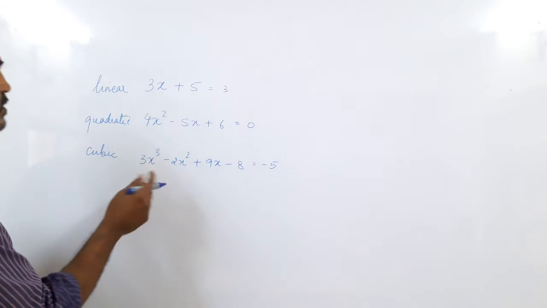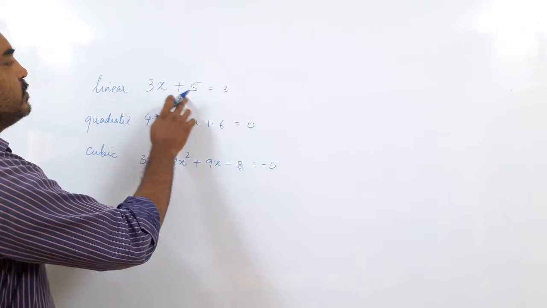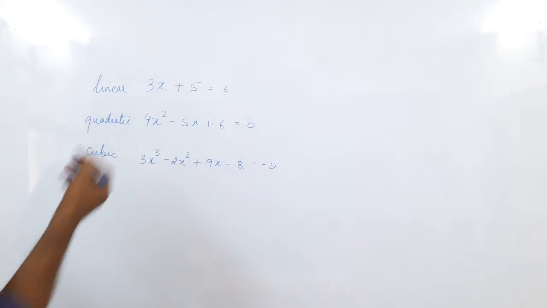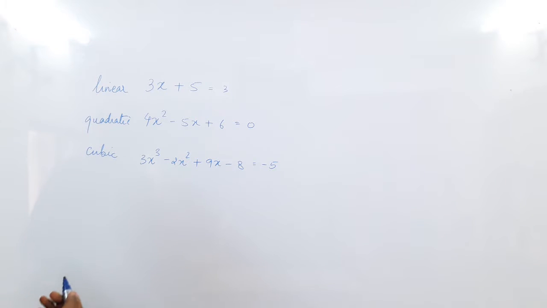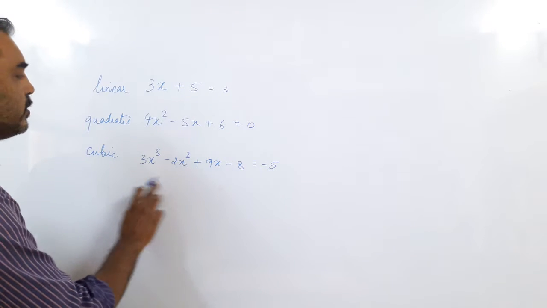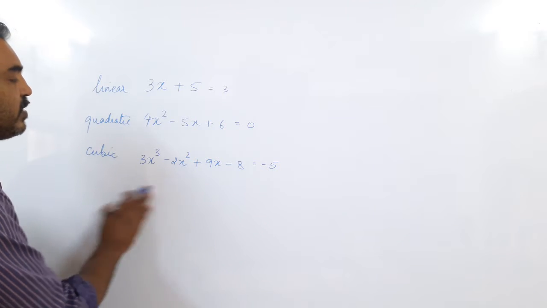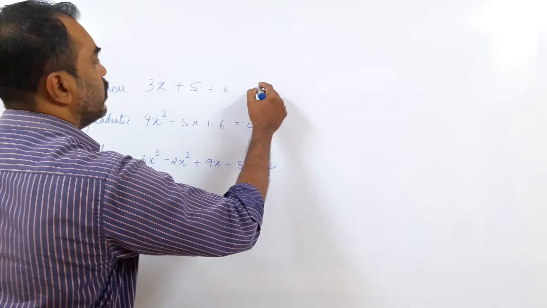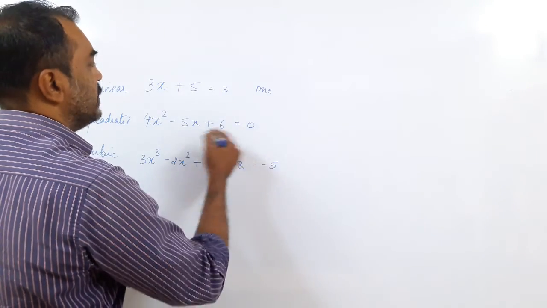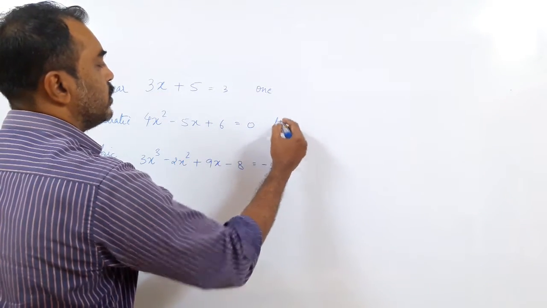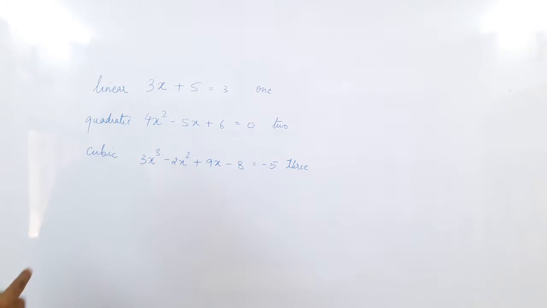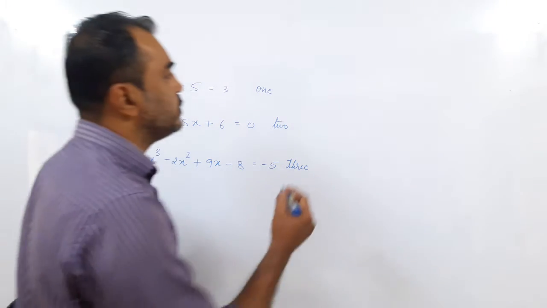And we have learned to solve this. This is in the 9th standard. This can be solved easily. This is done by splitting the middle term or completing the square method or the quadratic formula, that is the discriminant method. And the cubic is done by finding the factor and factorizing this and getting the roots. So this will have one real root or no real roots. This can have at max 2 real roots, and this can have at max 3 real roots. Right? Now these conditions are here. Now we move on to the next part.